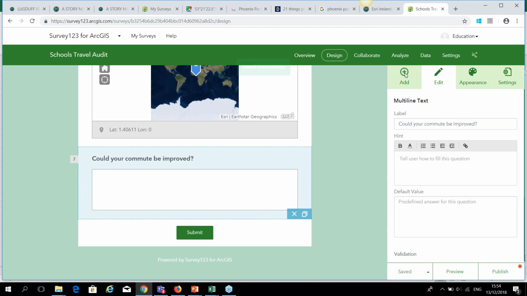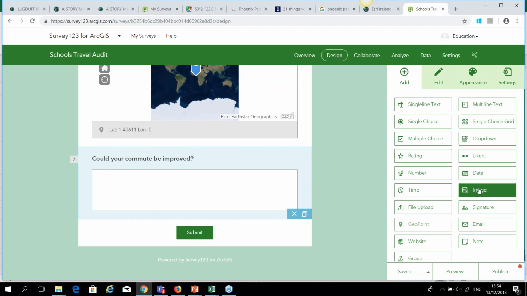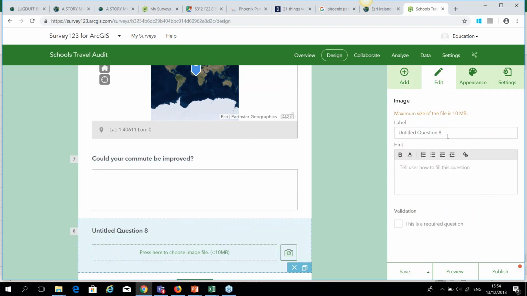And next you might like them to add a photograph, so you can click add an image. So take a picture of your access to public transport, something like that, and click save